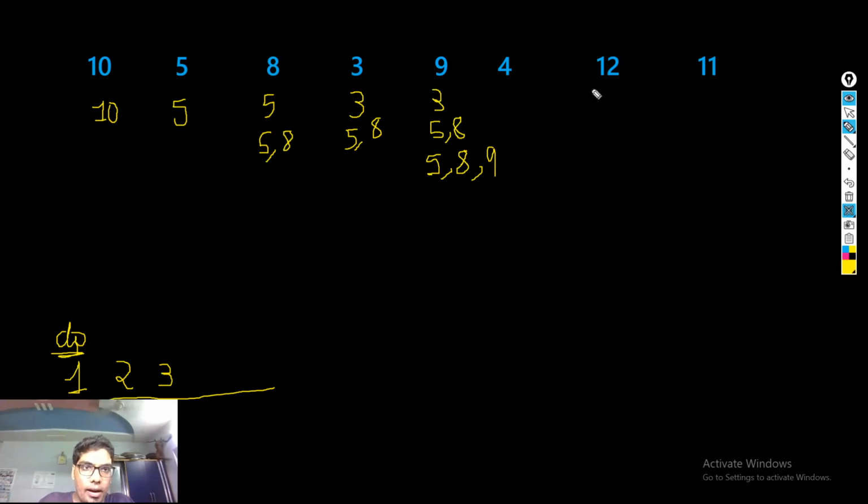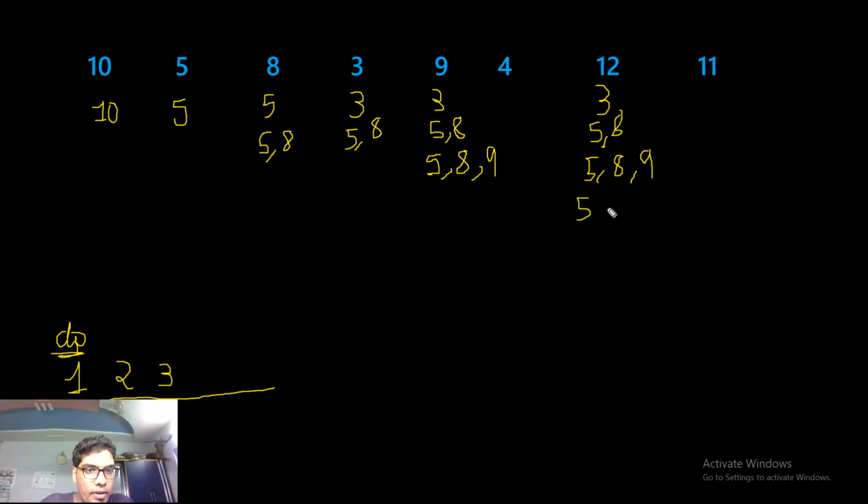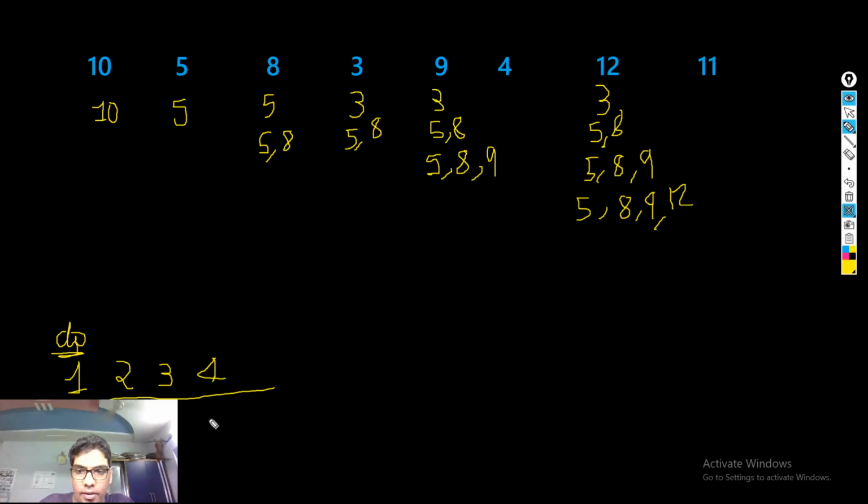So 3, now 12. Now you could have a 3, 12, that's valid. You could have 5, 8 and 12, that's valid. But you could have a 5, 8, 9 and 12. This would be a far bigger sequence. So you maintain this 3, you maintain this 5, 8 for the future. You maintain the 5, 8 and 9, and you say that you are also adding 12 to the mix. 5, 8, 9 and 12 here, right? Also we have a subsequence of length 4 and we have 12, right? This is 12 because it ends with 12.